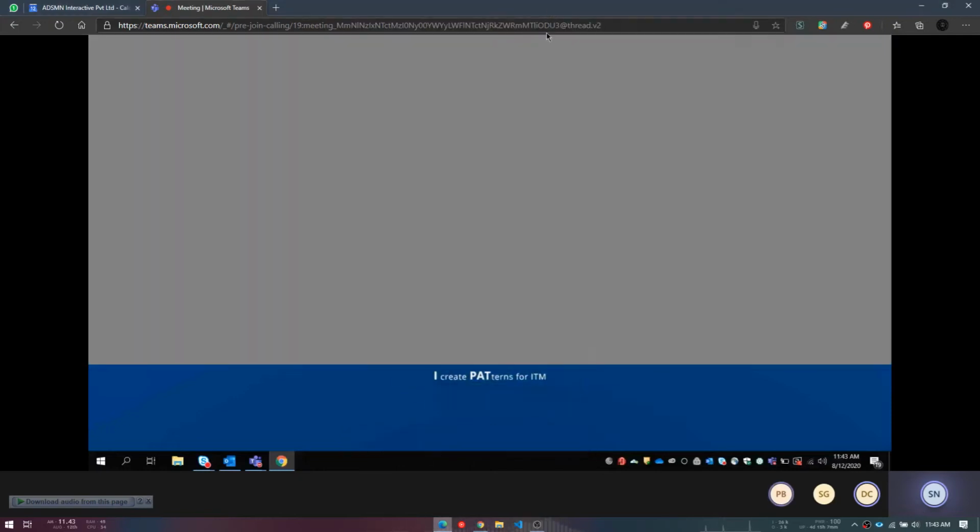Now we can see the iPad. Yeah, so this is the tool. This has been developed in Unity. It works on WebGL, and